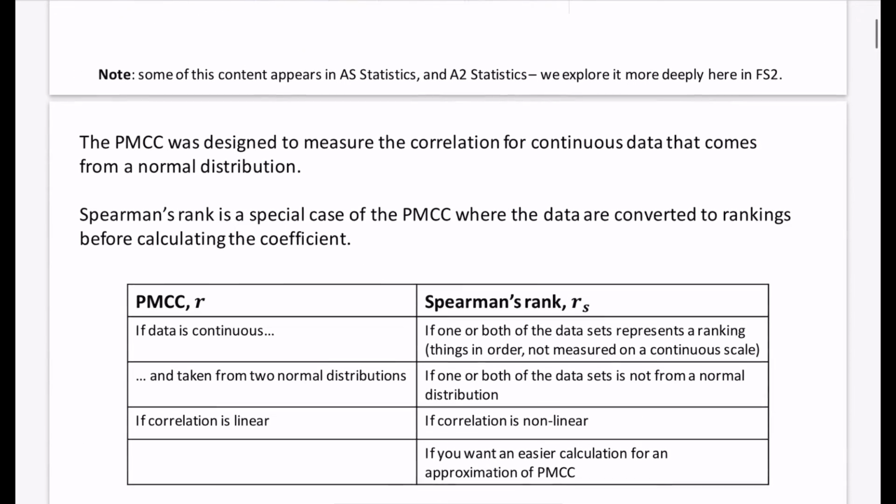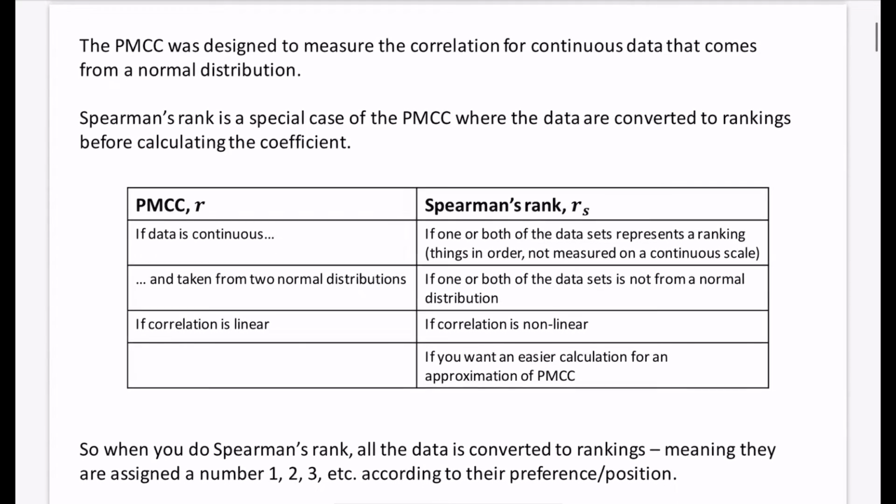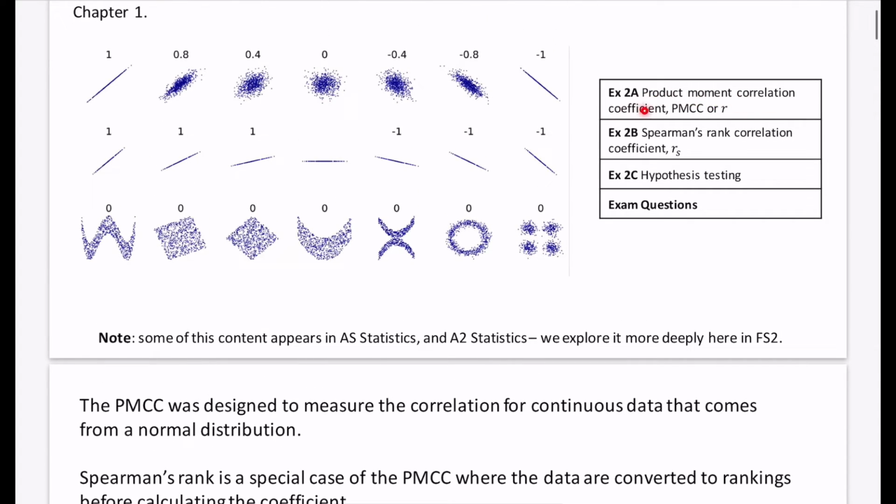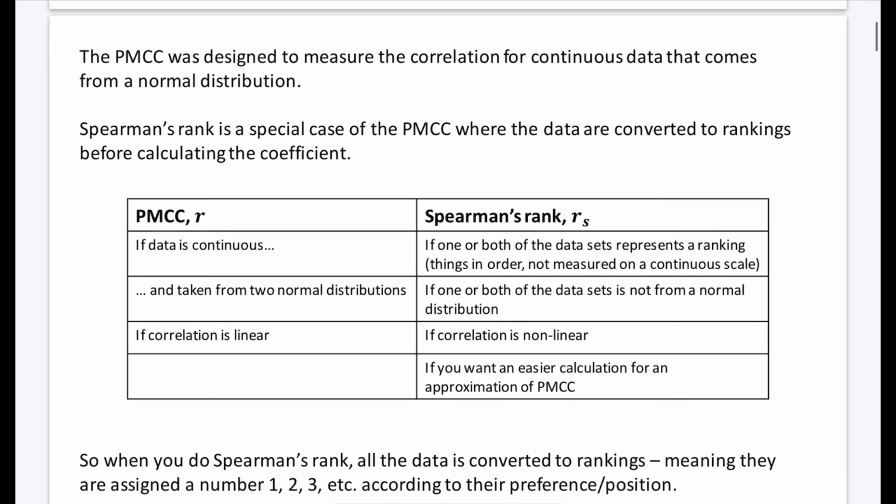So let's just say a little bit more about these two correlation coefficients. A correlation coefficient meaning a number that describes the correlation. The product moment correlation coefficient, that is the part that I'm describing here. It was designed to measure the correlation for continuous data that comes from a normal distribution. On the other hand, Spearman's rank is a special case of the PMCC, where the data are converted to rankings